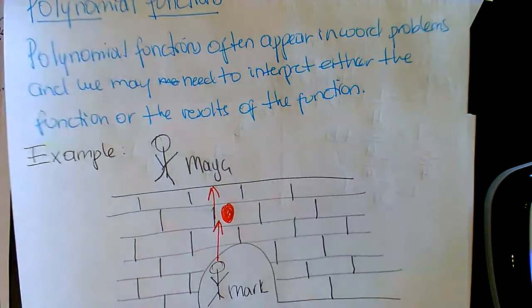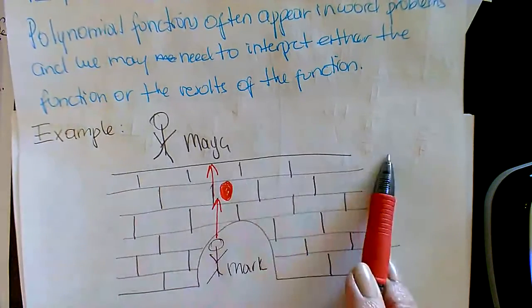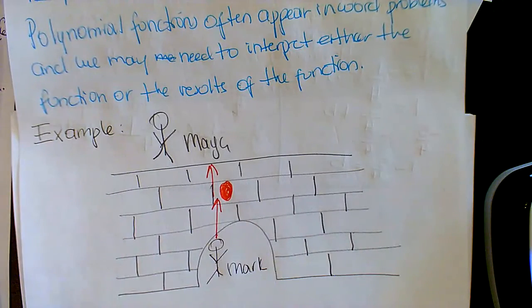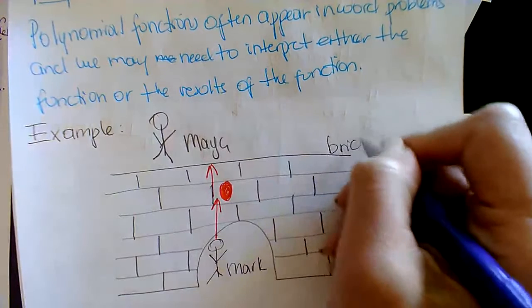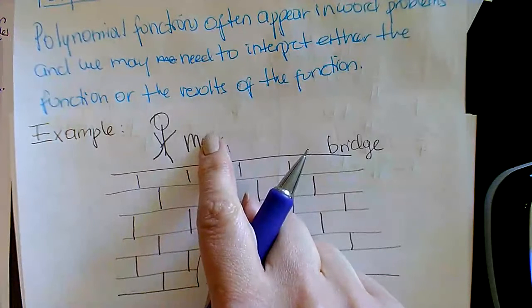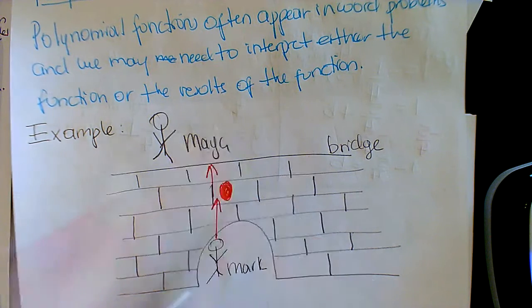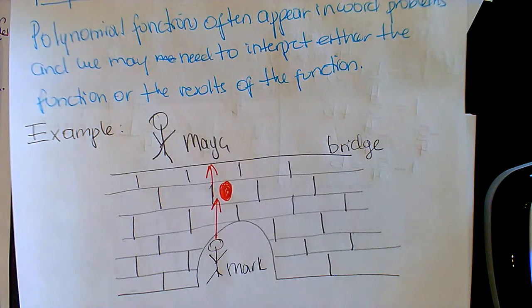Here goes the ball. So this is Maya. She's standing up on a bridge. This is a bridge. Her brother is down here, Mark, and she's catching a ball that he is throwing up at her. The distance is in feet. Time is in seconds,